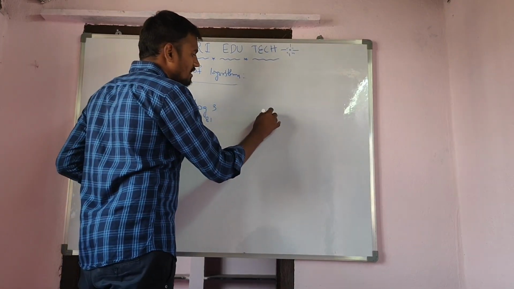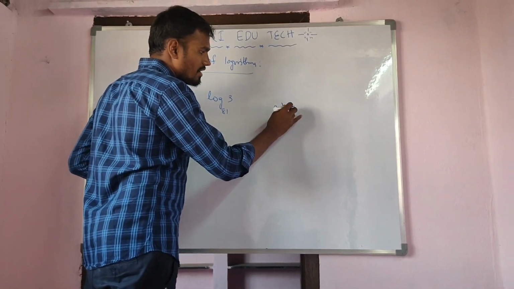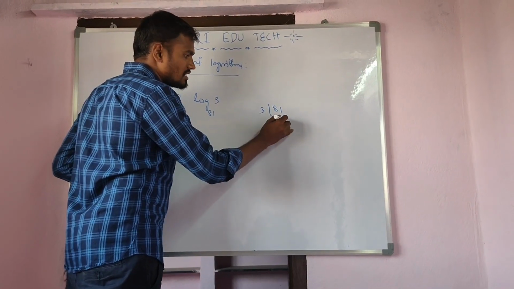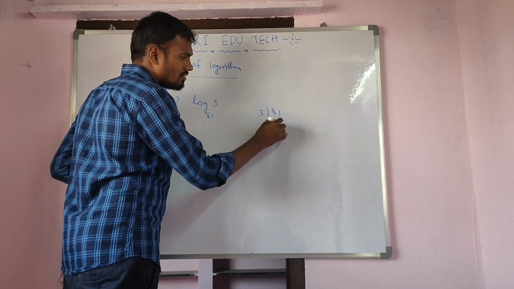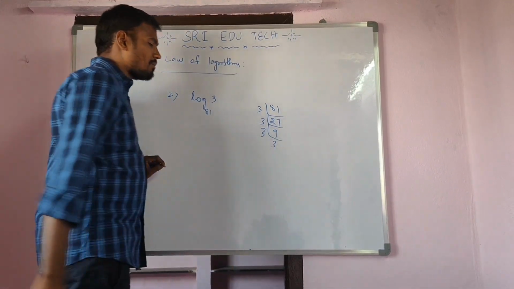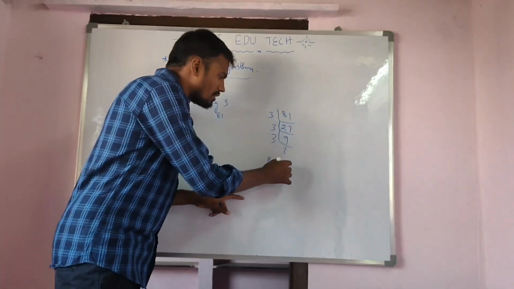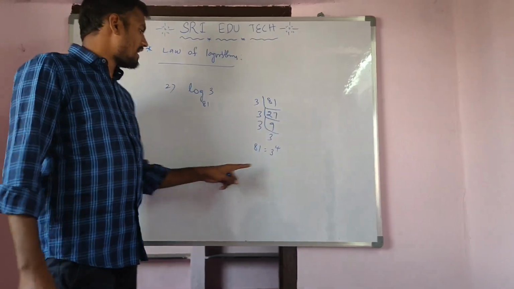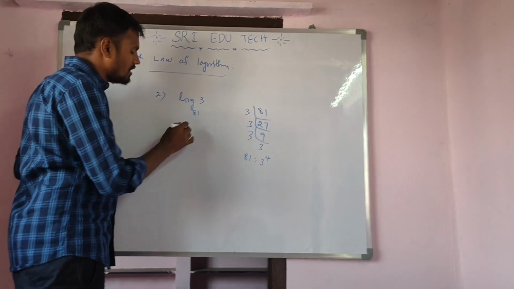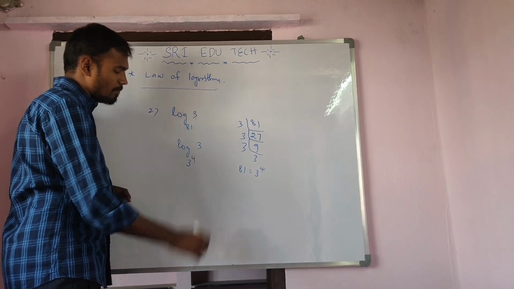Then I am taking that number 81. 3 2s are 6, then remaining 3 2, then 21, 3 7s are 21, then 3 9s are 27, again 3 3s are 9. See here, then I am writing 81 is equal to simply 3 to the power of 4. Right? So now substitute 81 with 3 to the power of 4. Let's see, log 3 base 3 to the power of 4.